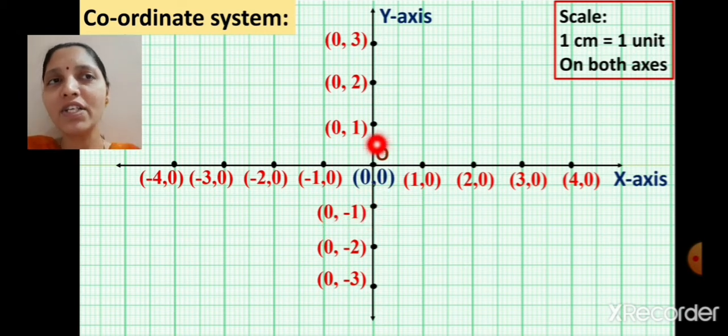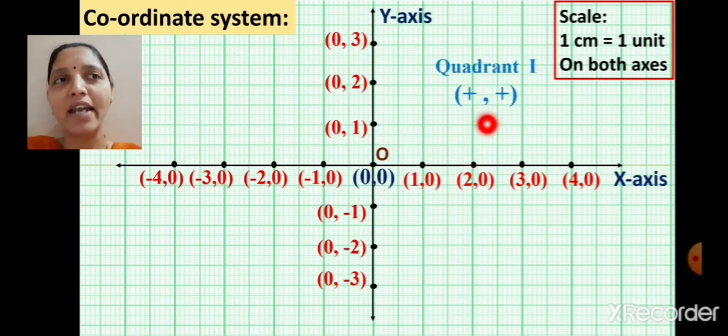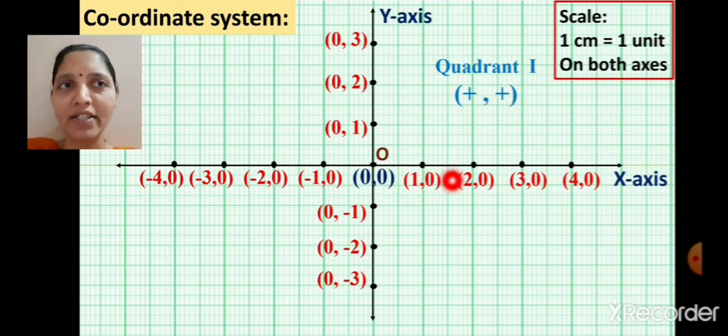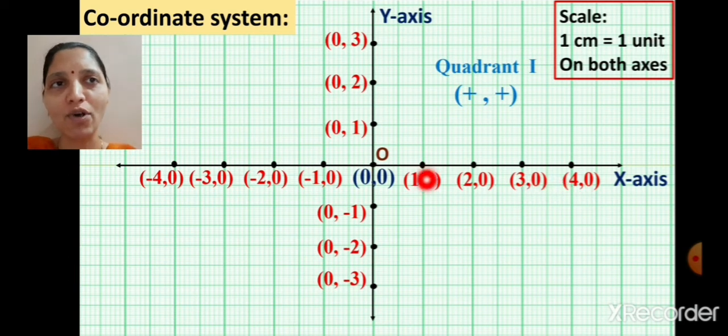Now because of this x-axis and y-axis we have here 4 quadrants. Okay. So these are the 4 quadrants and we have to number them in the anti-clockwise direction. So this will be your first quadrant, and in the first quadrant what is the sign of the x and y coordinates? The x coordinate is positive and the y coordinate is also positive. See the number lines here. These numbers are positive and these are also positive.